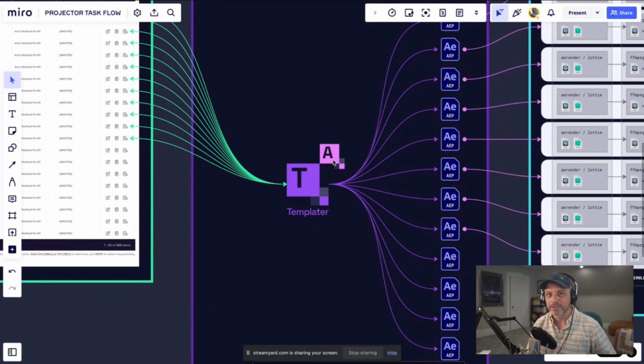Now, an autograph is nothing more than an After Effects project that has been rigged with Templator. And the data gets merged into the master autograph, and then there's an output that gets created either by the After Effects render queue, or if you're using replication, which is a feature in Templator, it will create a replica of the autograph After Effects project.